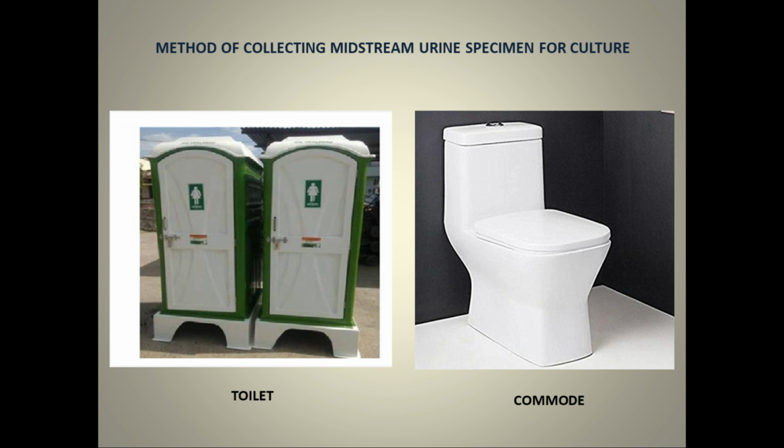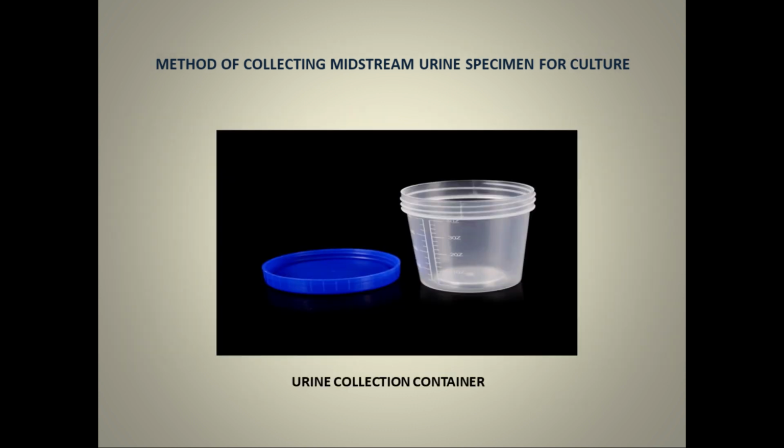The patient begins to void into the toilet, commode, or bedpan. Then the patient stops the stream of urine. The sterile container is positioned and the patient continues to void into the container. When enough urine has been voided for the specimen, the patient stops the stream again. The container is removed and the patient then finishes voiding in the original receptacle. By this method, the first stream of urine flushes out the organisms and mucus usually present at the meatus so that accurate results can be obtained.